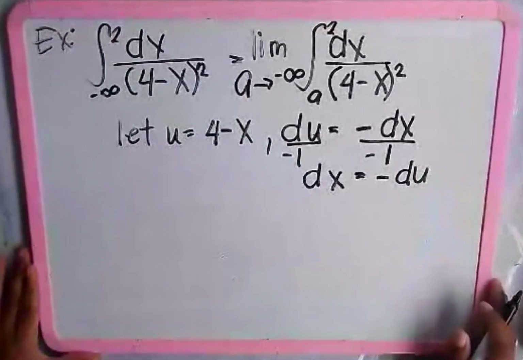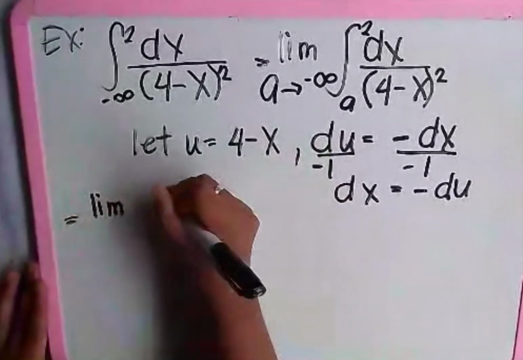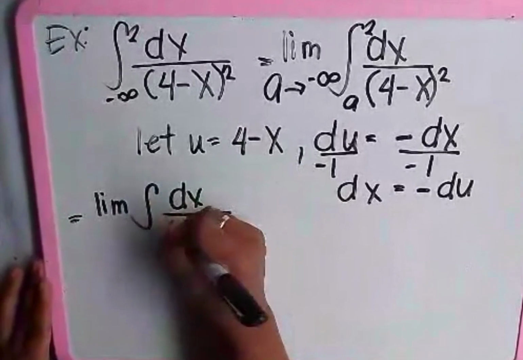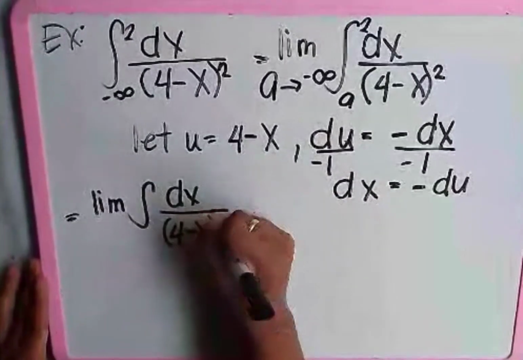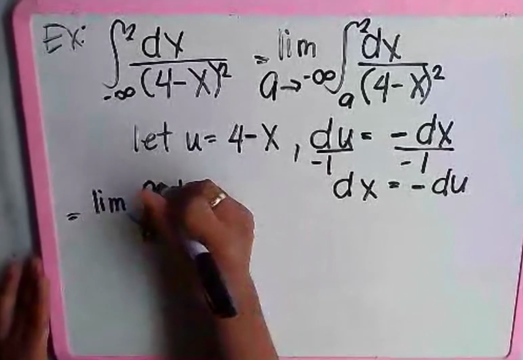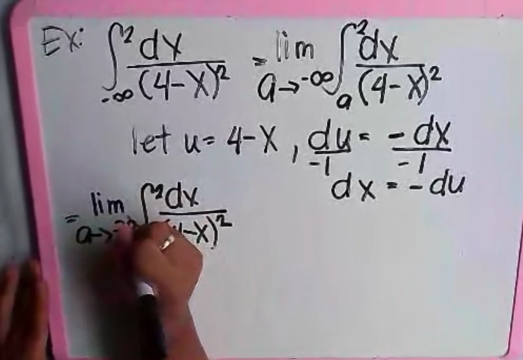Then, substitute to our given function. The limit of the integral of dx over the quantity 4 minus x squared from a to 2 as a approaches negative infinity